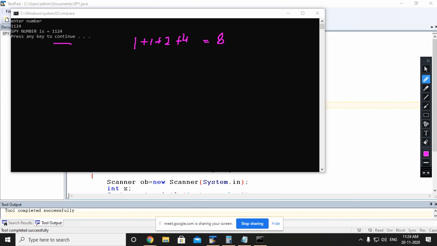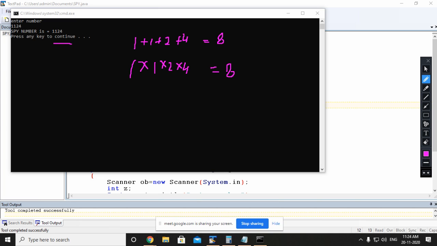Sorry, there is something wrong. Sum of digits is coming correct. Then 1 into 1 into 2 into 4 is coming 8.